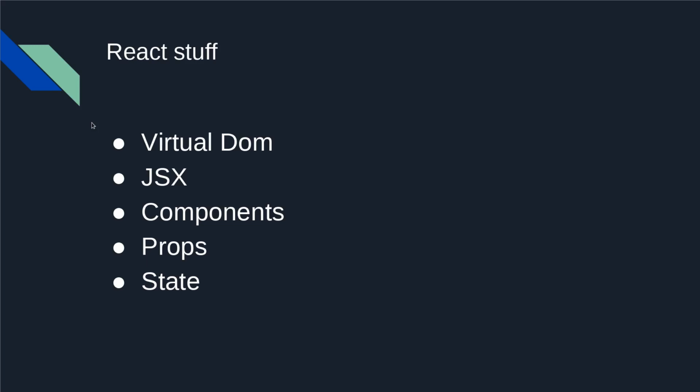State is the condition that a given component holds, and it has some value that can be changed within that component. But props is a way by which you can pass a given state to another component, which may just need it, maybe just to do the render.